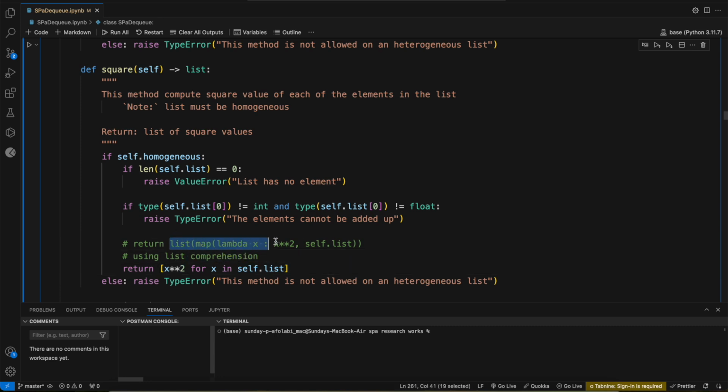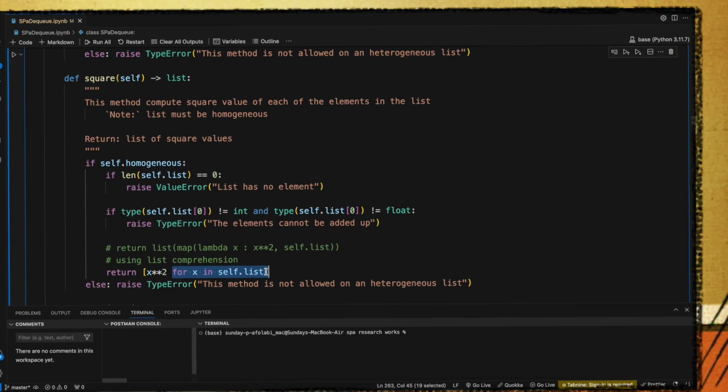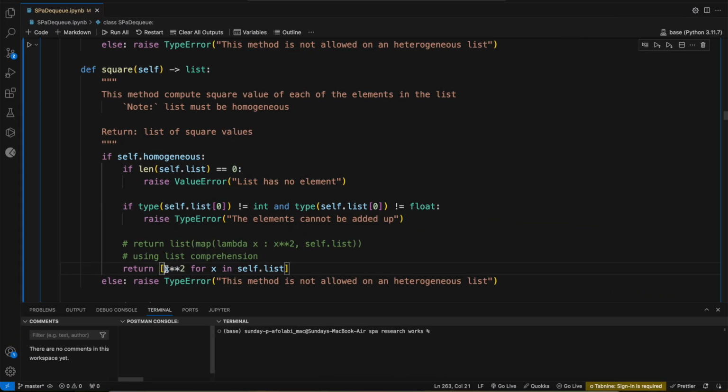I formerly used the map method and this lambda. So I later used list comprehension, which says you can add a for loop inside these square brackets and do whatsoever operation you want to perform on the operand. Okay, so we have x raised to power 2. The 2 asterisks mean raised to power, so x raised to power 2 for x in the list. So it takes one element at a time, and it squares it and saves it